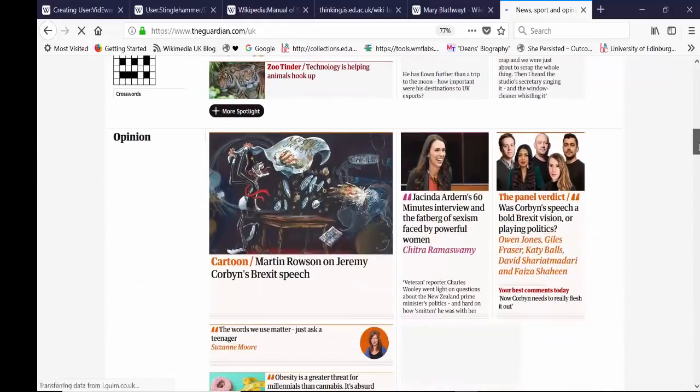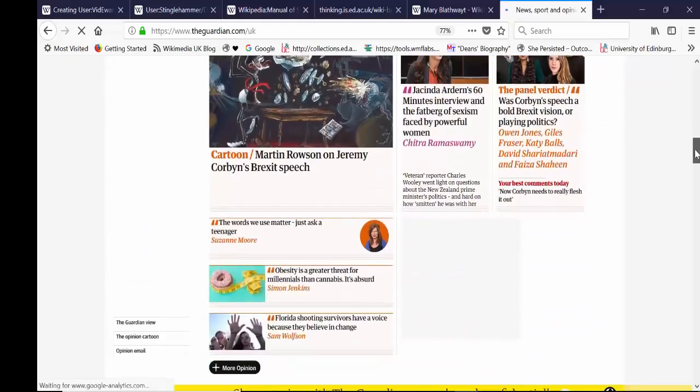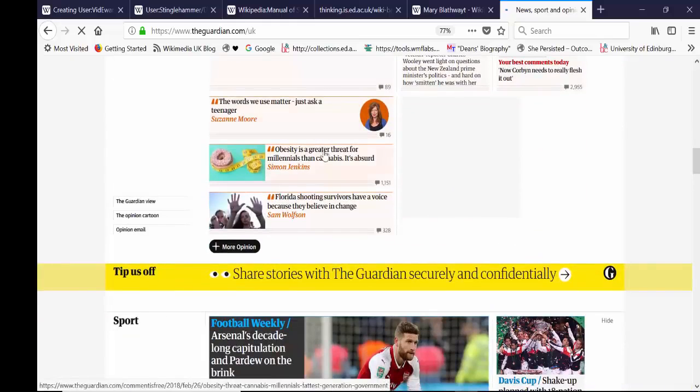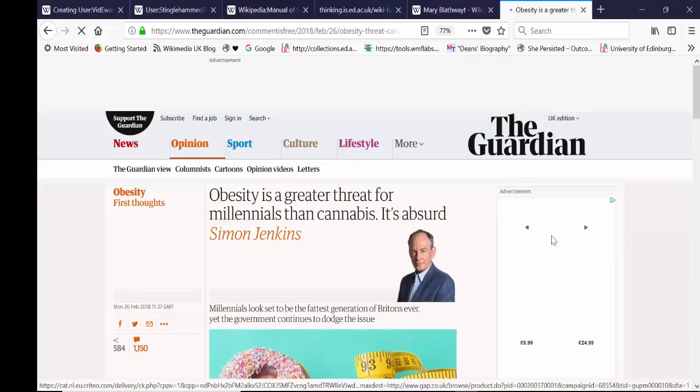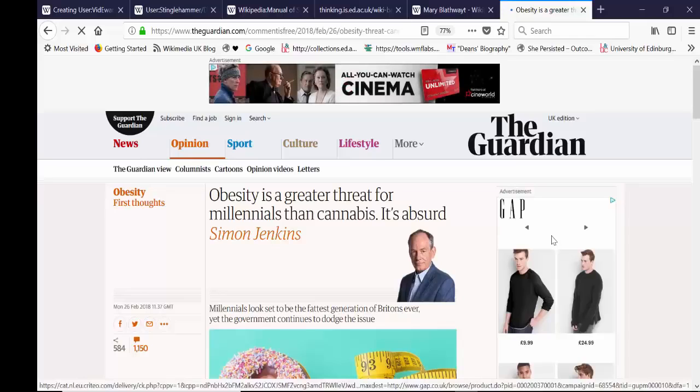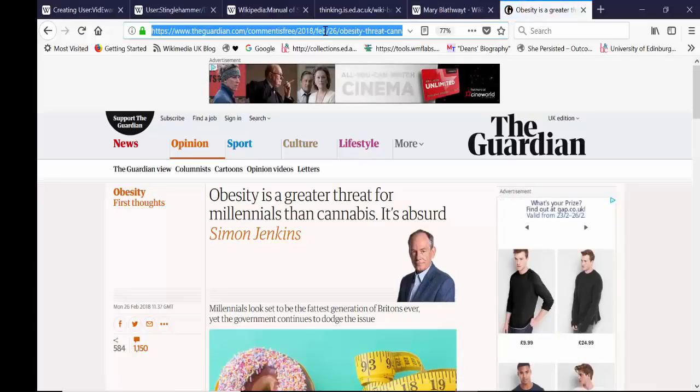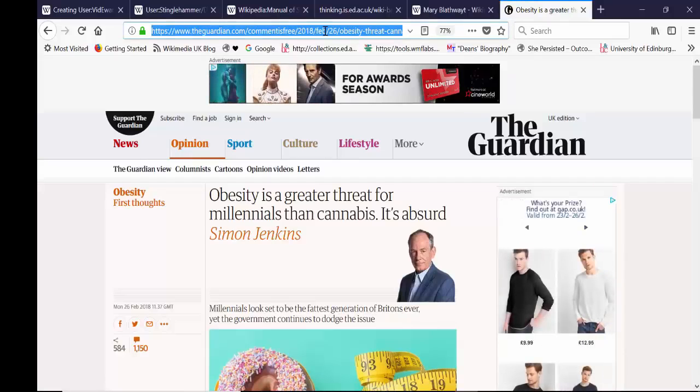Okay, so I'm going to find an article. Obesity is the greatest threat for millennials than cannabis. It's absurd, says Simon Jenkins. So, if I was writing an article about obesity or any of these issues, I would just take the URL web address from the top, copy it, go back to my sandbox,